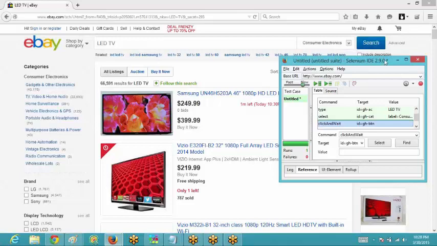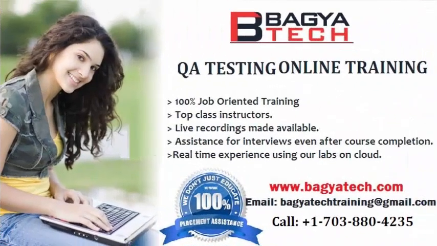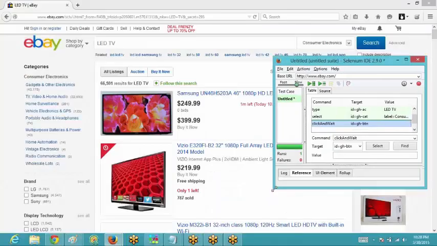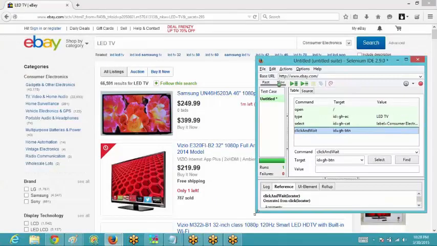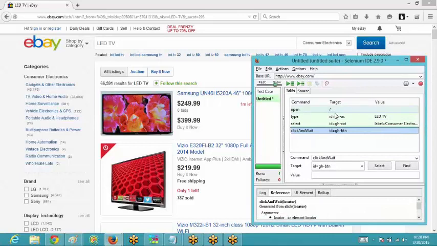Let me replay it again, and then you would be able to see that there are some changes in color for the steps, or you can say for the script which is present over here. Just tell me what all colors you can see over here on the scripts. Okay, I'll execute it again.